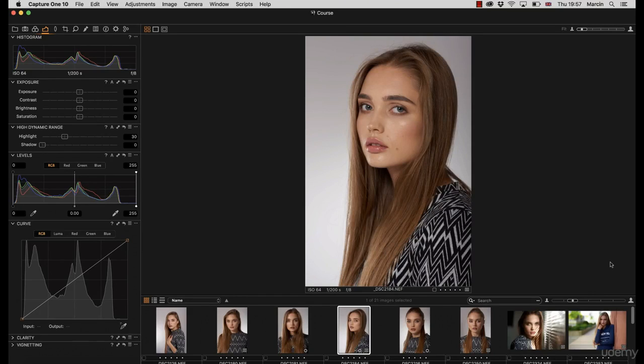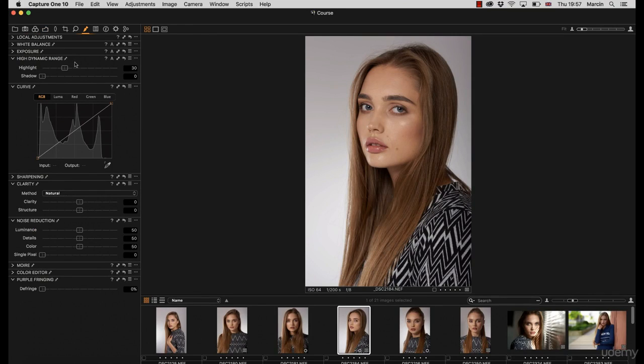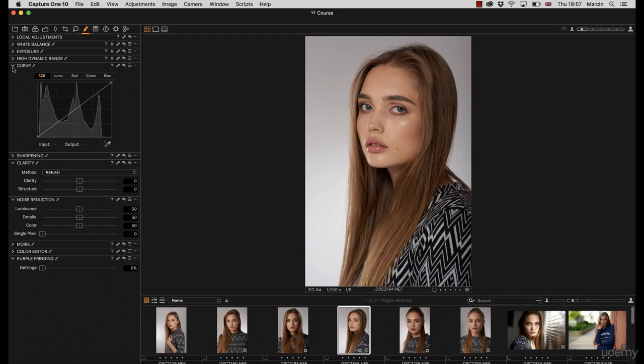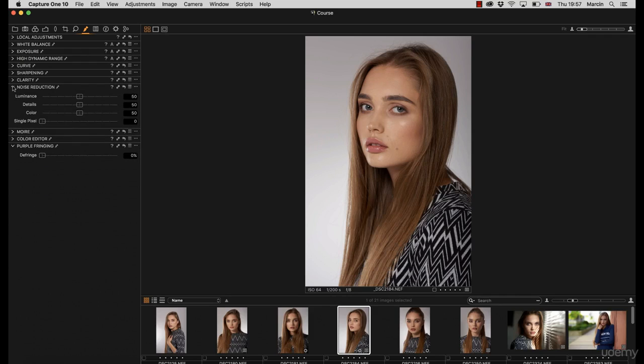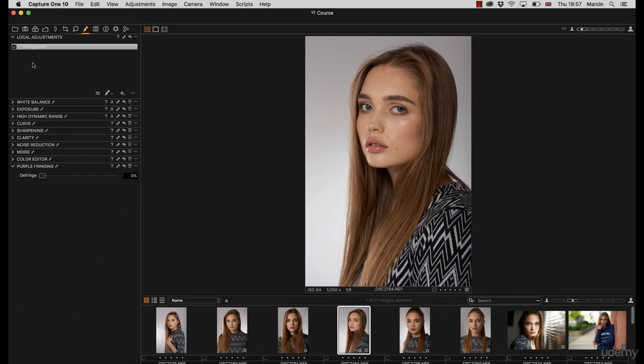One of my favorite sections in Capture One is local adjustments. So let's move there. We have pretty much all of the things that we were doing before. We have the same panels, the same options, but why is it so comfortable for me to work here? First of all, I have everything in one place, and another thing is this local adjustments